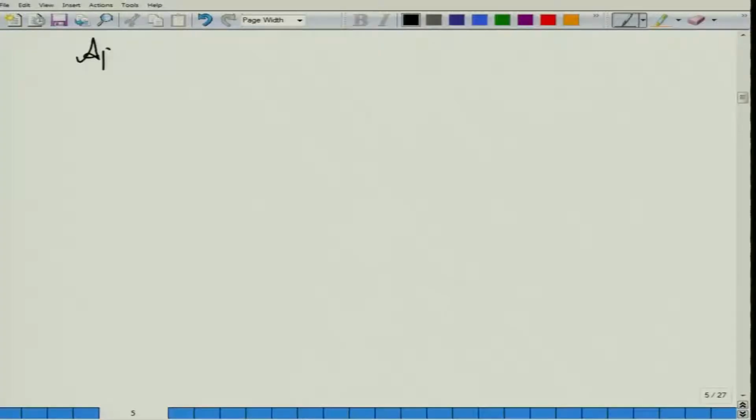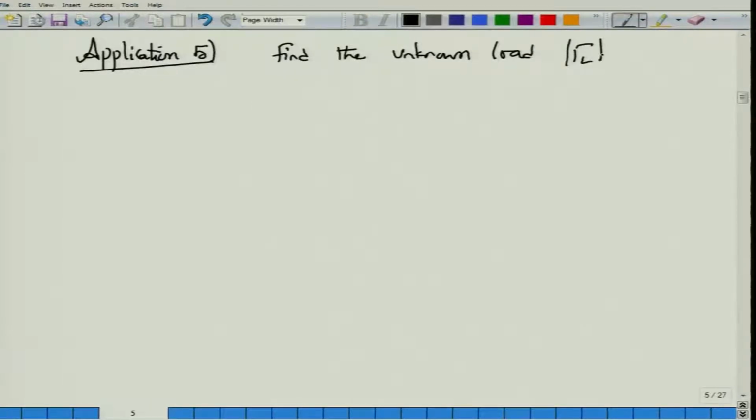Okay. We finally consider one very interesting application of the Smith chart. Maybe I do not know the number, maybe we are at the 5th number here. Okay. Find the unknown load which we do not know, but someone has measured the value of the reflection coefficient and found that the value of the reflection coefficient is actually greater than 1.